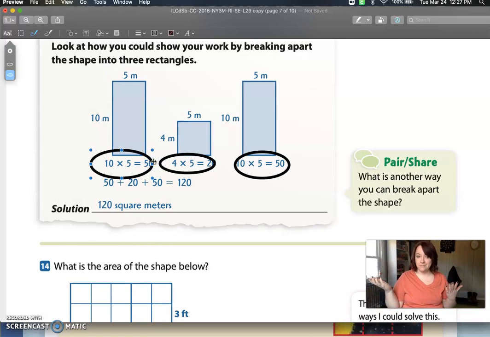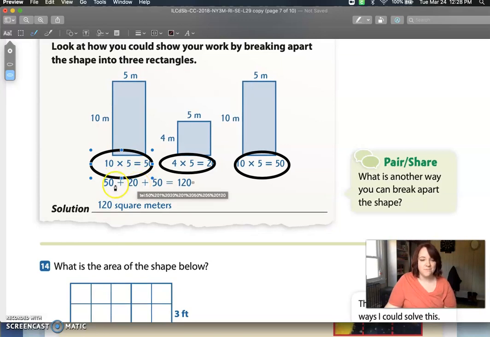We're done. Oh, we forgot to do something though. We found the areas of each rectangle, but we didn't find the rectangles all together, right? So now we need to put all of these together. When you're putting something together to find the total, you always add. So now we know that it is 50 plus 20,